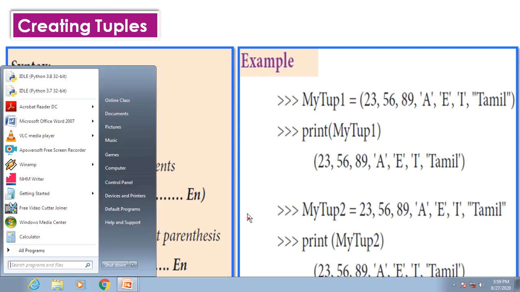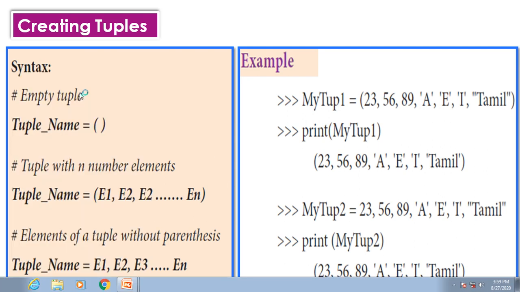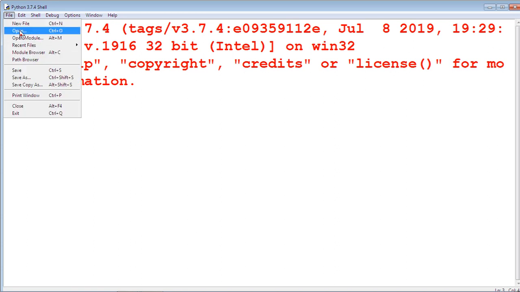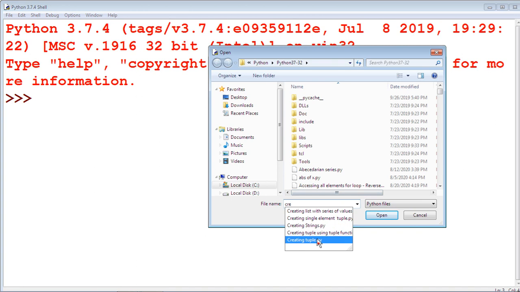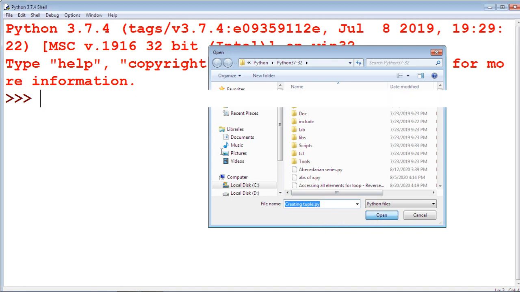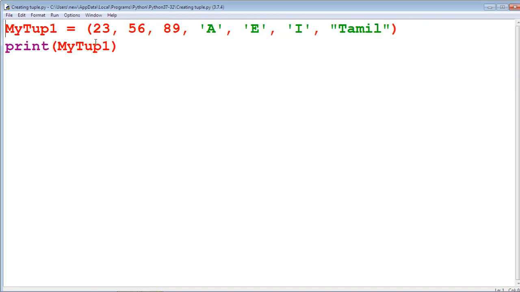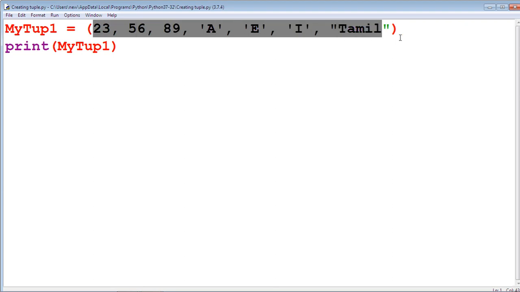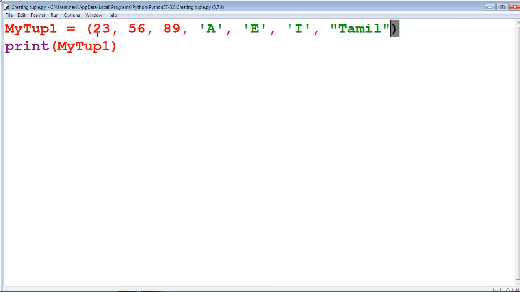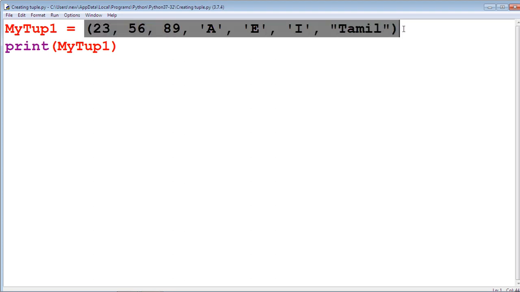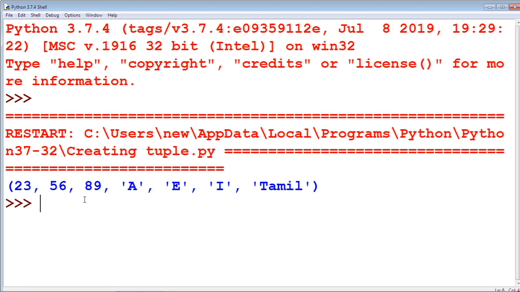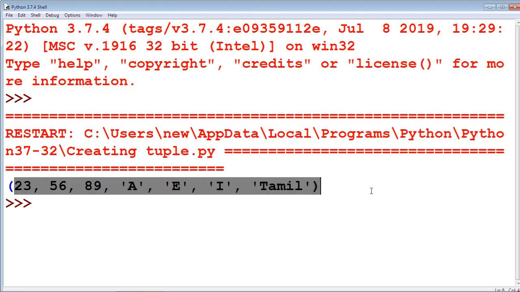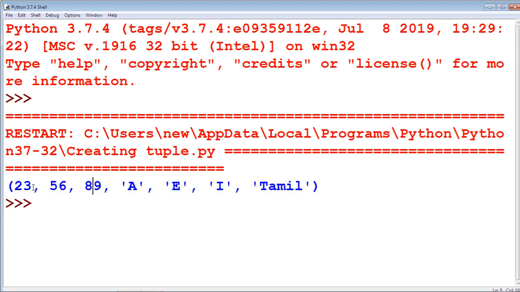We are going to see this example by using the IDLE window. Open the program creating tuples. Here in this example, the set of values is enclosed with parentheses. By using this we can create a tuple myTup1. Run this module, we get the result.